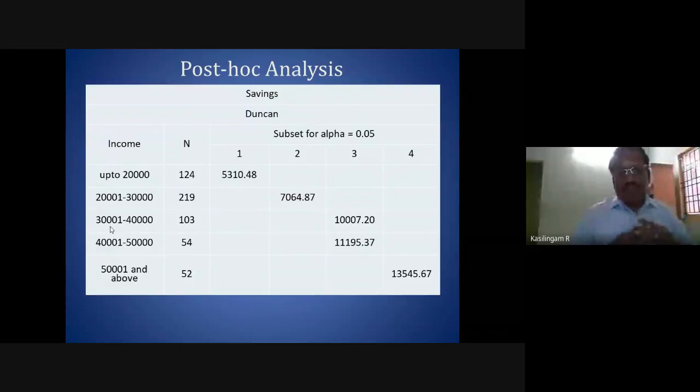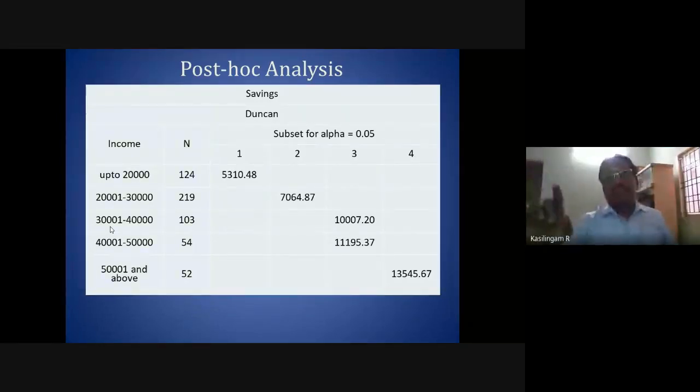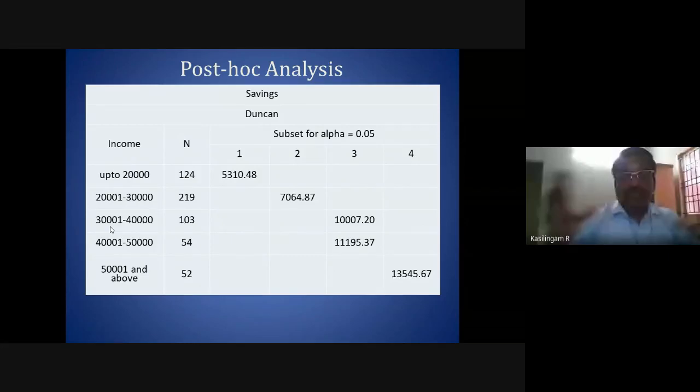Now, the ANOVA is used to find out whether they are different or not. Fine, there is a difference. How are we telling it is different? The significance value is 0.0, less than 0.05. The null hypothesis of no difference is rejected, which means there is a difference. Less than 0.05 means we can tell straight away there is a difference.